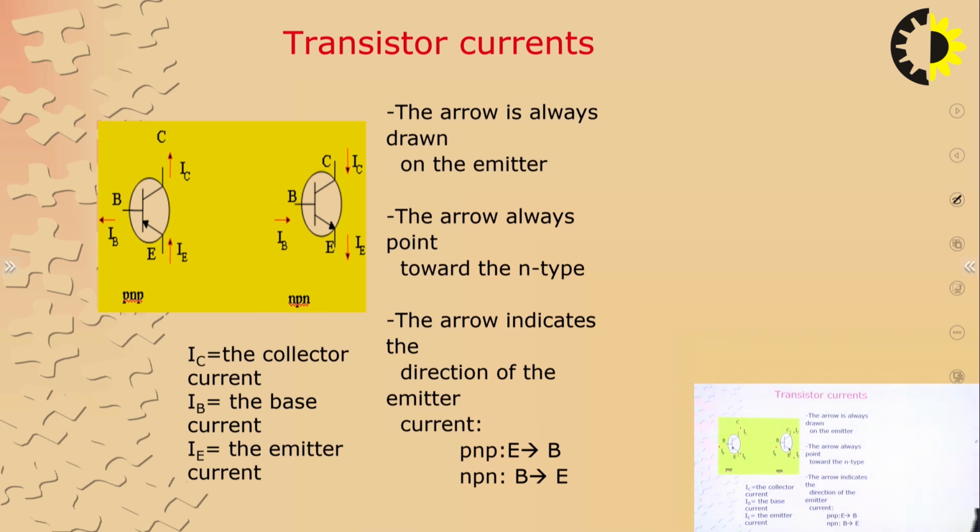As I said earlier, this is how we differentiate NPN and PNP transistors from each other. First of all, in a PNP transistor, the arrow, or the flow of current, is from the emitter to the base, or we can say the direction of the arrow is from emitter to base. And in an NPN transistor, the direction of the emitter current is from base to emitter. So in this way the NPN and the PNP transistor differ from each other, in terms of the flow of emitter current.